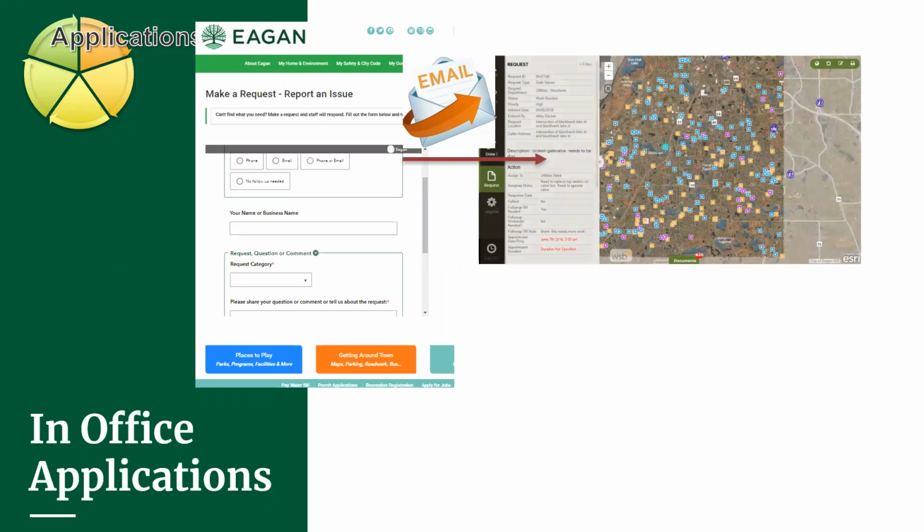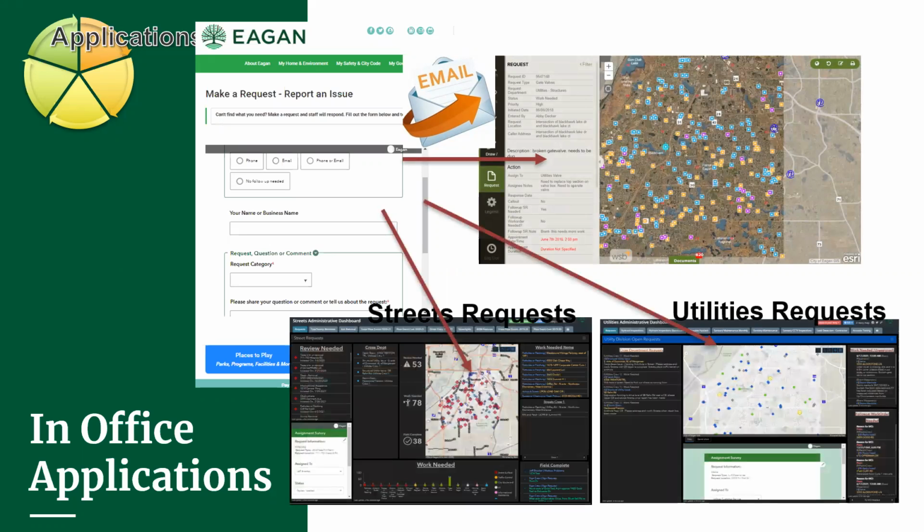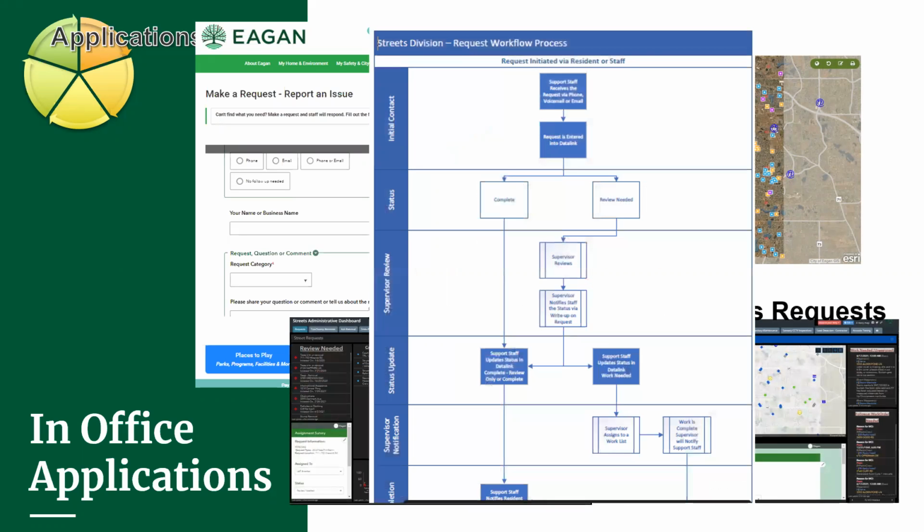In this case, you can see it in our Data Link mapping application, or some people are seeing it again on those dashboards that I showed you a little bit ago, so the same data can be reported in various ways. And that goes back to our workflow and planning, where we're knowing what the life cycle of that request is and who needs to see it when and how it gets processed. And it's been really helpful to diagram that out so that we know how to build various information tools.